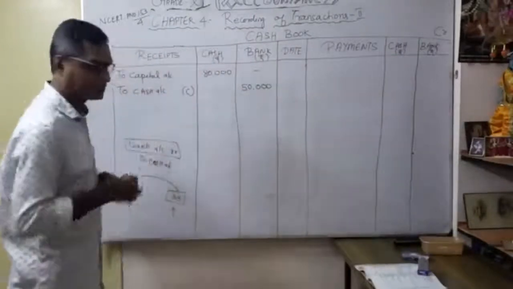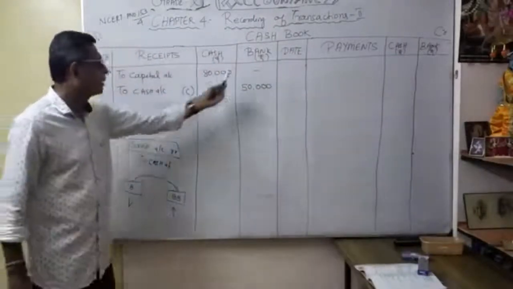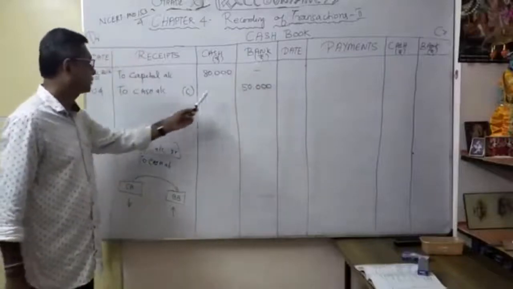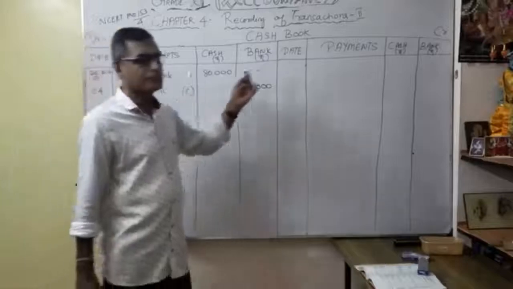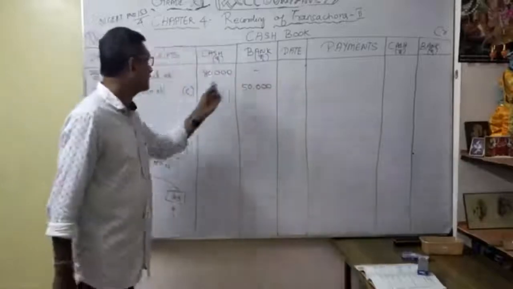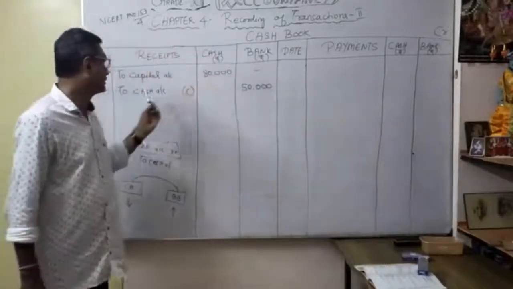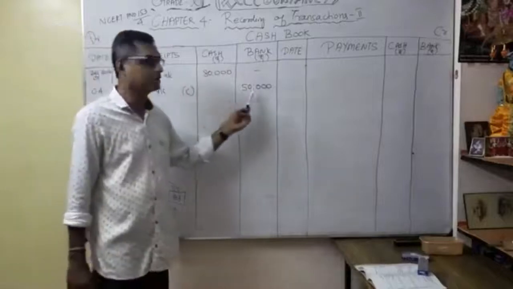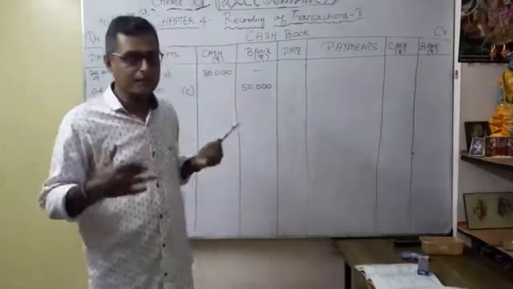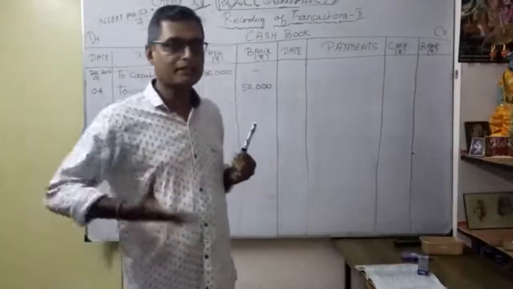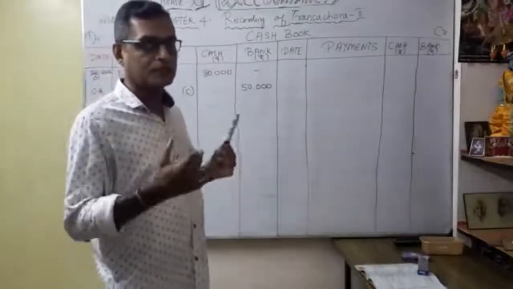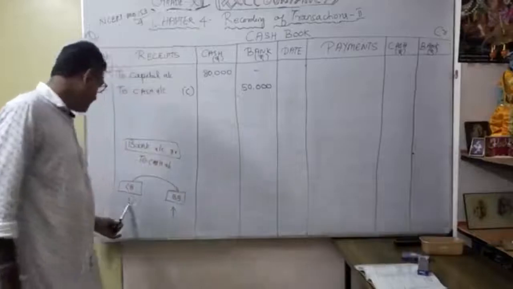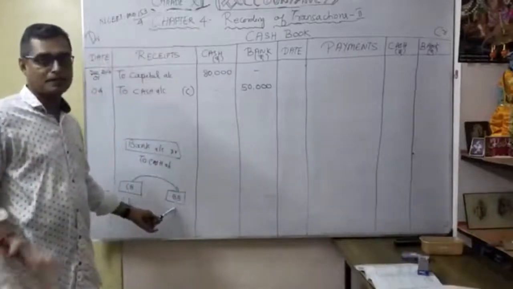So I will explain once again. Bank account debit to cash account 50,000. So why is it a contra entry? Again, going to enter here. So in the bank you entered cash, opposite. See, to cash, but I am entering bank account. Similarly, my cash balance reduced because I take the cash from my cash book and go to deposit in a bank. Automatically my cash reduced here. My bank balance increased. Okay.